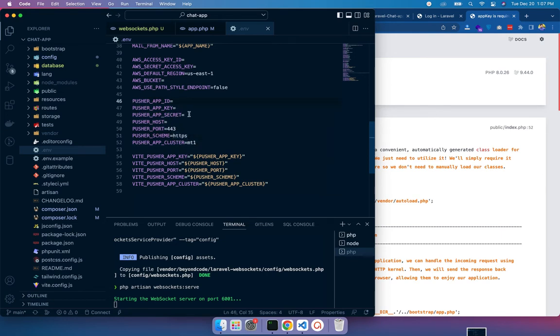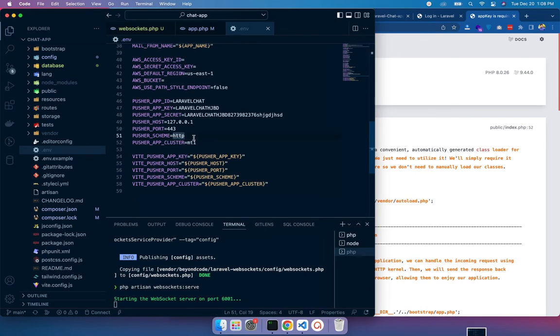Like we give an id of laravel-chat, and the app key, let's make it laravel-chat and then add some random string, and let's make this small. For the app secret, add some secret here. And for the Pusher host we will use 127.0.0.1. Okay, and we'll not use HTTPS for now because we're using localhost, so it would be HTTP.